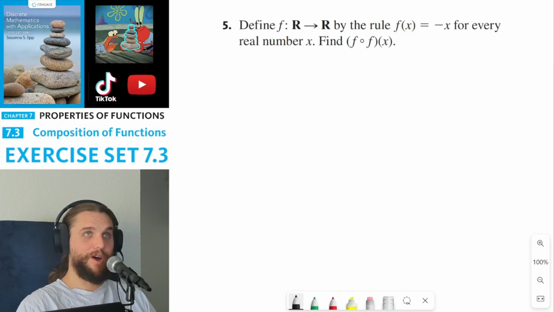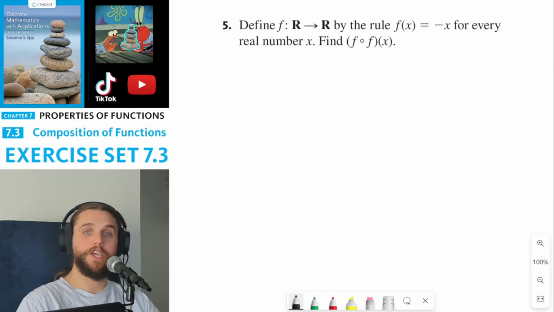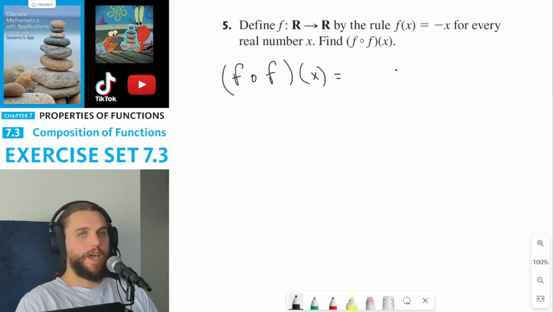Define f from R to R by the rule f of x equals negative x for every real number x. Find f of f of x. Essentially, we're composing f with itself. The best way I can explain this is by thinking about function composition using this function notation,